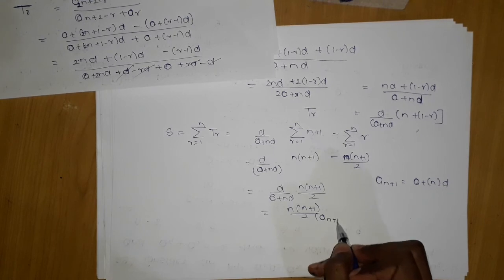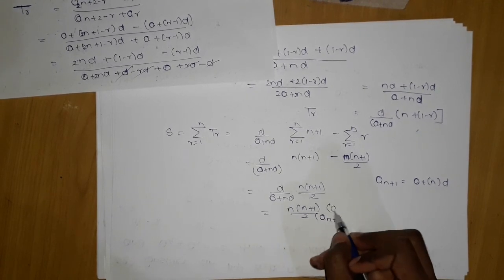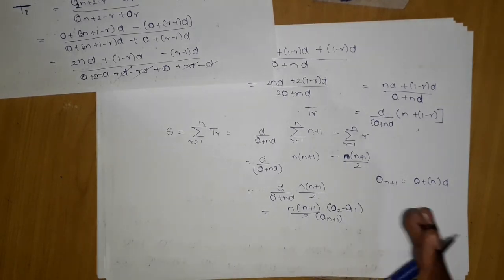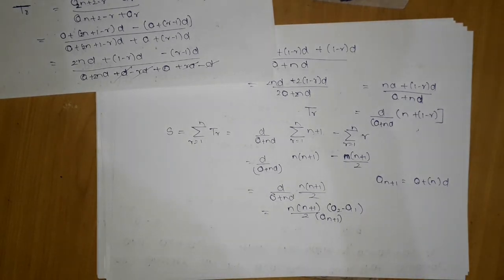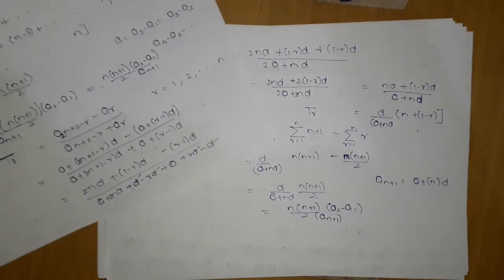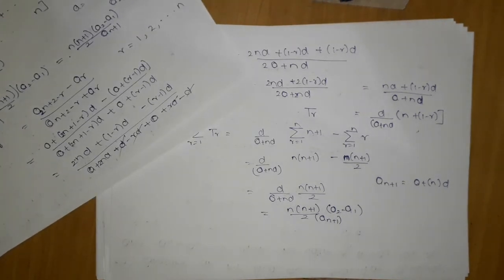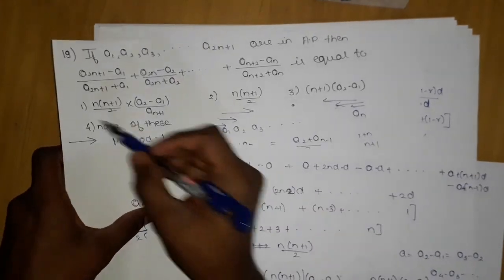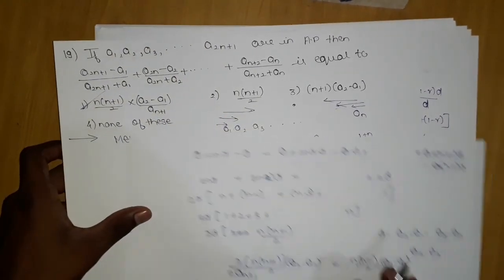A n plus 1. Similarly, this d can be written as a2 minus a1, like previously in method 1. Method 1 and method 2 are nothing different, but in method 1 we are considering the general term and solving, while in method 2 we are using the equidistant property and then solving. That is easier compared to this, but by both methods our answer is coming. Okay, so 1 is the answer, and we are done with this problem.